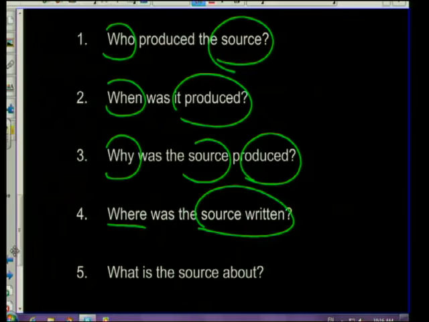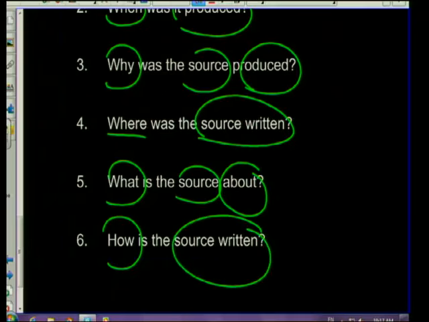Moving on, what is the source about? I've mentioned earlier when I started off that clearly the source is about the philosophy of black consciousness. In fact, it gives detailed information about the philosophy. Moving on, how is the source written? Is the source biased? Does it give factual information? Does it give accurate information? Can one rely on this information? Would the source be useful to an historian studying the philosophy of black consciousness? Moving on.